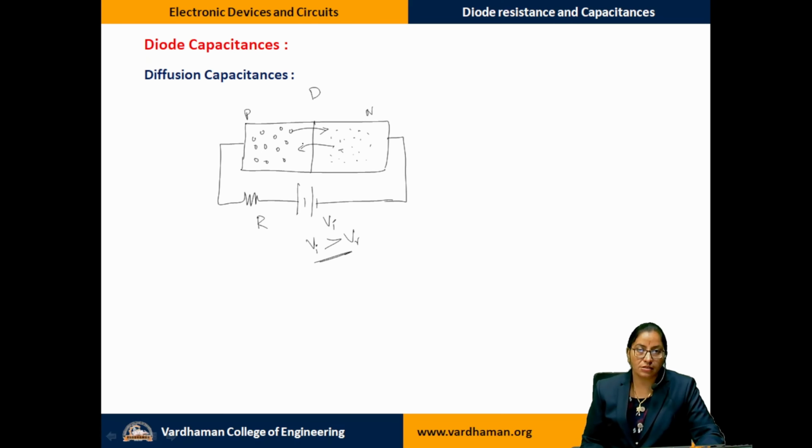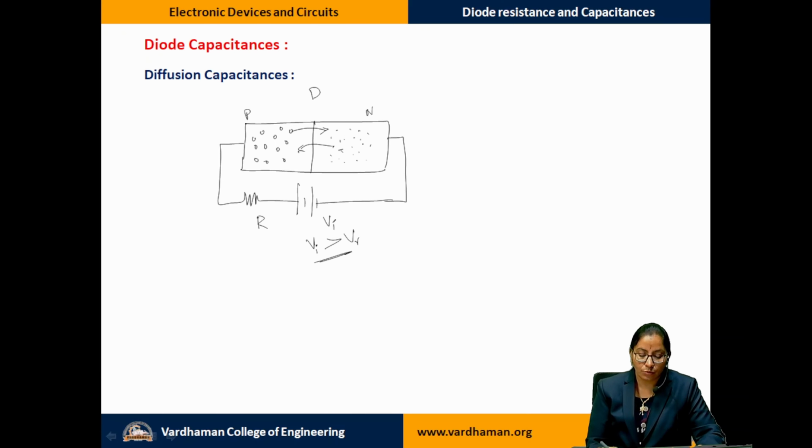Diffusion implies, as we all know the definition, the migration of particles from the region of higher concentration to the region of lower concentration. So the hole is moving, entering into N material. As and when a hole enters the N material, what will happen? They become minority carriers. So then there is no more concentration difference. They have entered the least concentrated area, so they cannot diffuse further, but because of the force acting from the battery, because of the drift, the particles